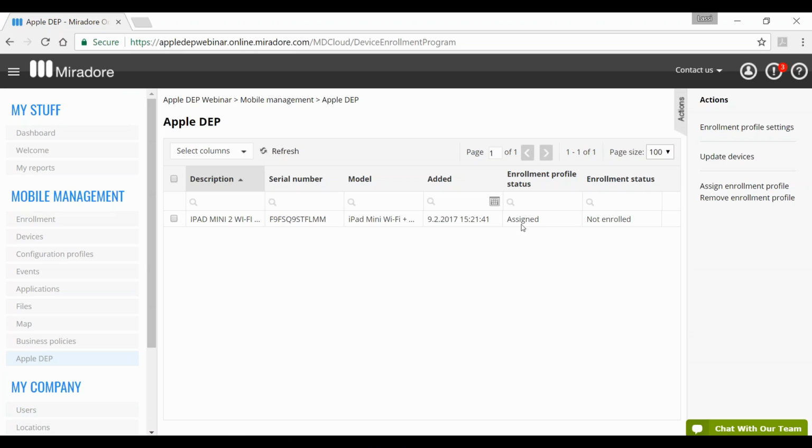The status is now assigned, so it means that whenever the device is enrolled, there's an enrollment profile waiting for it, and it applies that profile during the enrollment. So let's check the demo device.